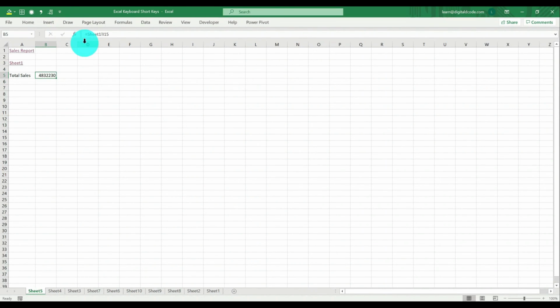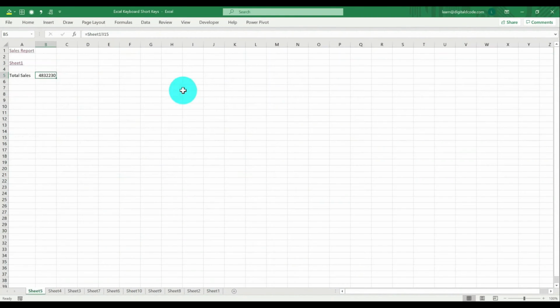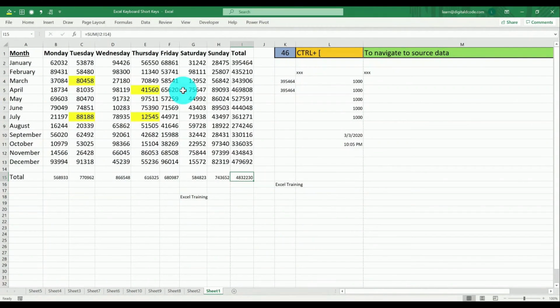This number comes from Sheet1 I15. If you want to directly go to this cell, press Ctrl open square bracket, and it will directly go. Again, if you want to go back, F5, enter. Pressing Ctrl open square bracket will directly take you to the original source link.